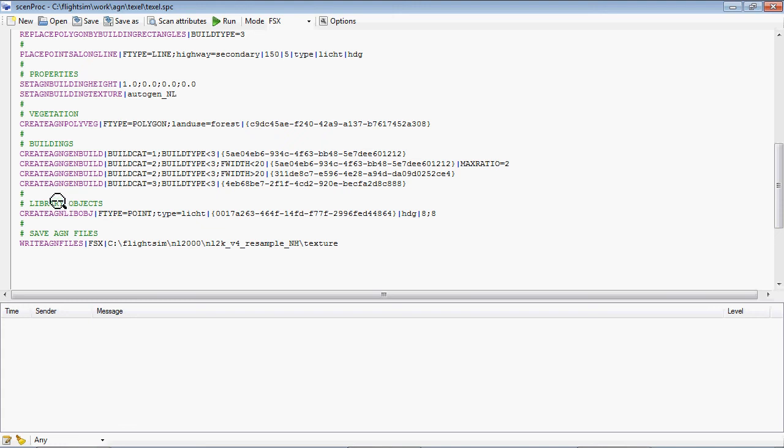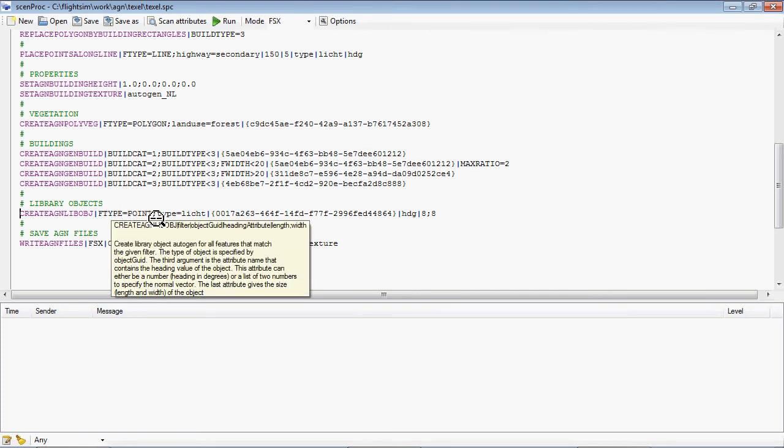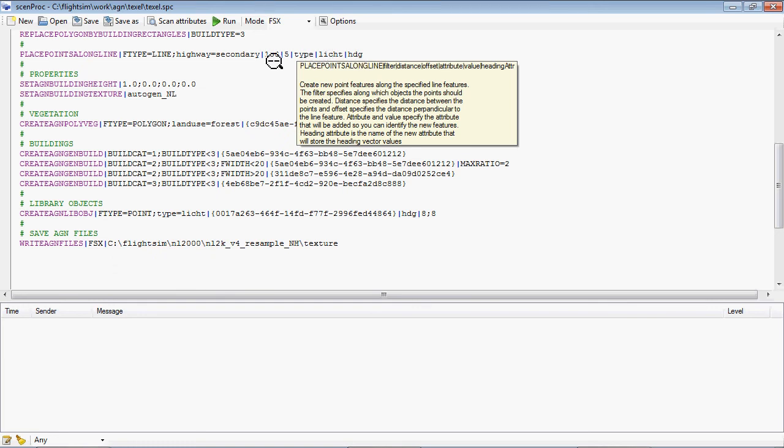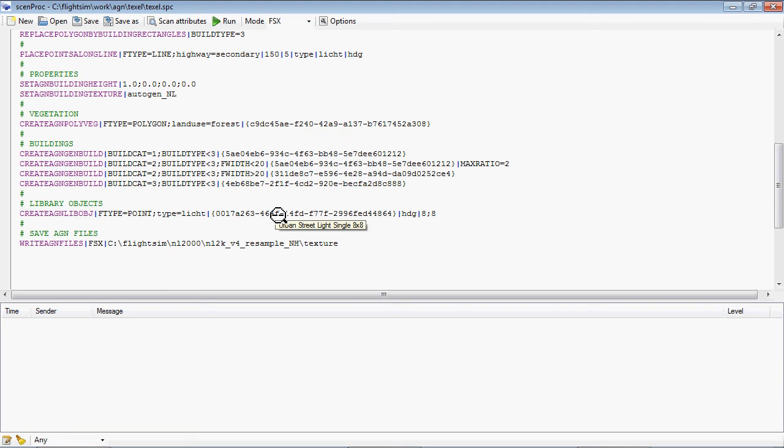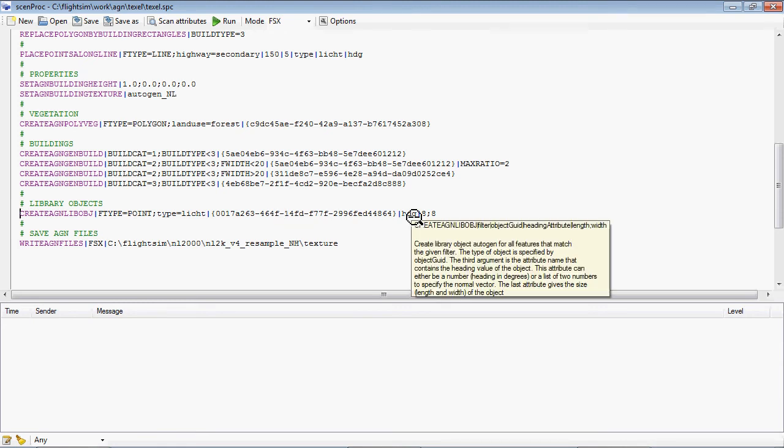Then the next kind of Autogen objects I'm creating, it's also the last one, is the library objects. Here I select all point features with an attribute type which is equal to light, and as you might remember, that's the attribute we used up here for the new point features we created for our light poles. And that one I have assigned the grid of the urban street light from the default FSX Autogen. I specify that the heading is stored in an attribute called heading, HDG, and the last argument is the size